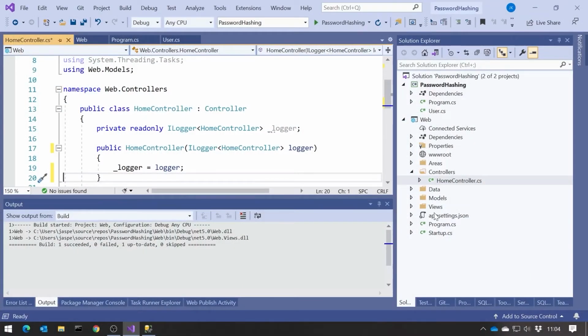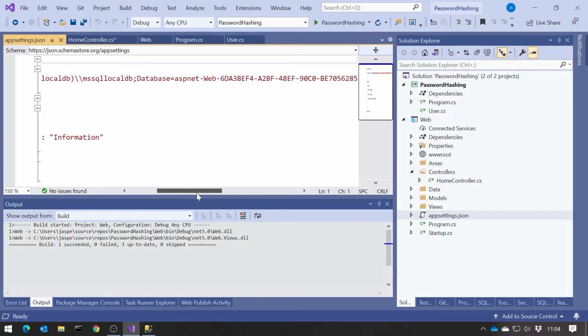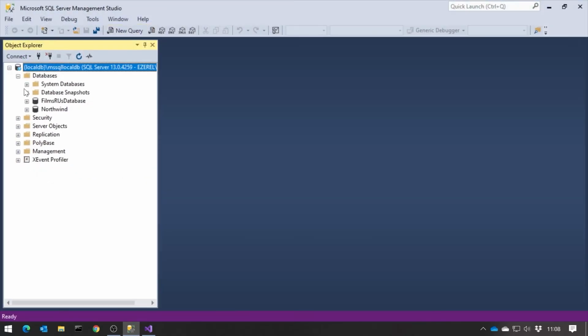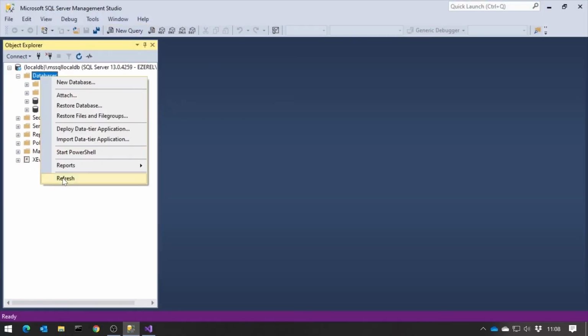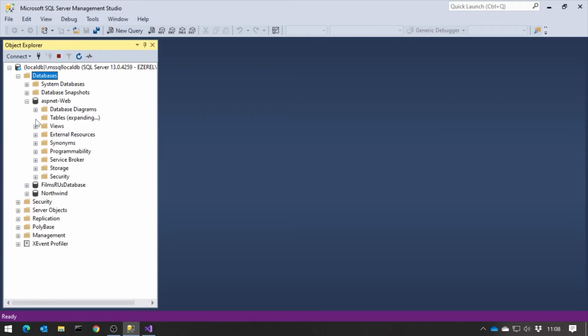So what I will do here is, we'll notice we've got in app settings, it's already set up the database connection for where it's going to store any of our data, but in this case it's going to store the login data. I'm just going to remove that unique ID just to make it a bit easier to read. If I just do an update database, then that will create, if we look in here and just do a refresh, that database. And if we look in there, you can see it's got all sorts of tables.